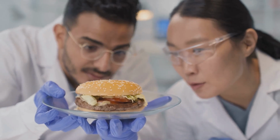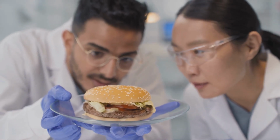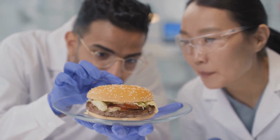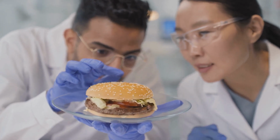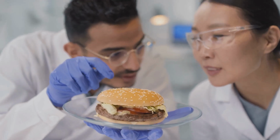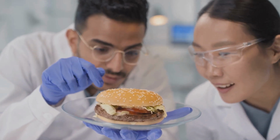What if your burger came from a lab? Imagine a world where the meat you eat doesn't come from a farm, but from a high-tech laboratory. This isn't science fiction, it's happening right now. Welcome to the future of food, where lab-grown meat is set to revolutionize our diets and the way we think